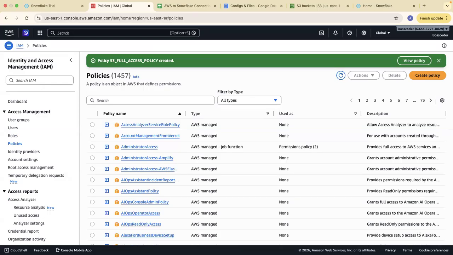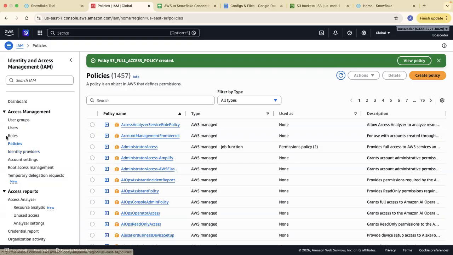Okay, now once I have created the policy, I have to create a role, and that role I will be using for setting up the connection. Because I told you that if you want to set up a connection from Snowflake to your AWS account, you need to tell Snowflake that this is the role that you have to use, and this role can help you to access the AWS bucket for the pipeline creation.